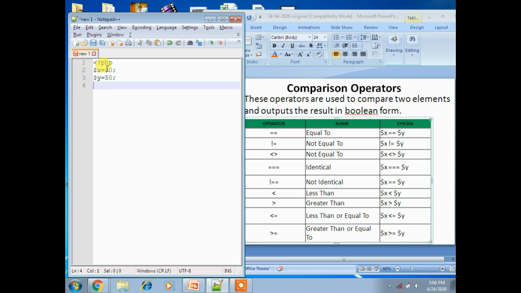Now take another variable, $z equal to 80, which is in string format.